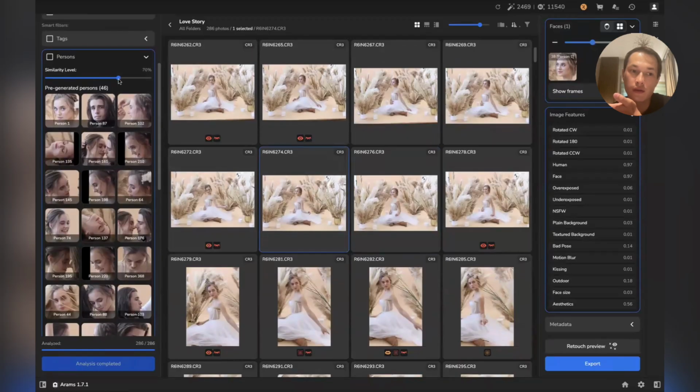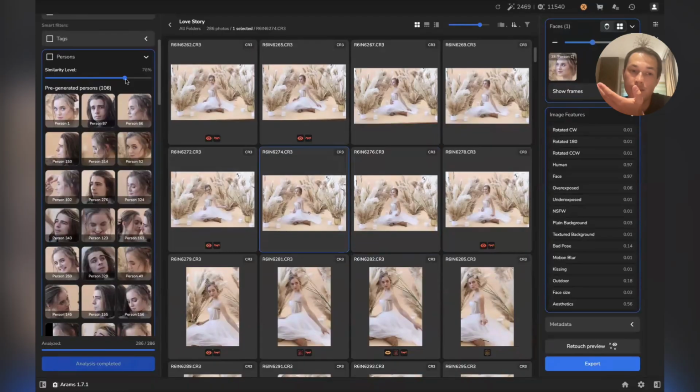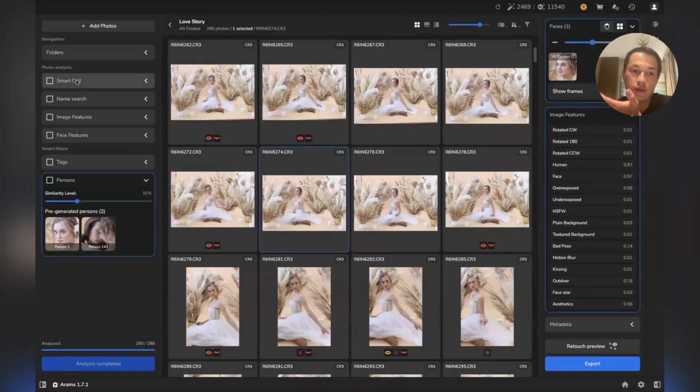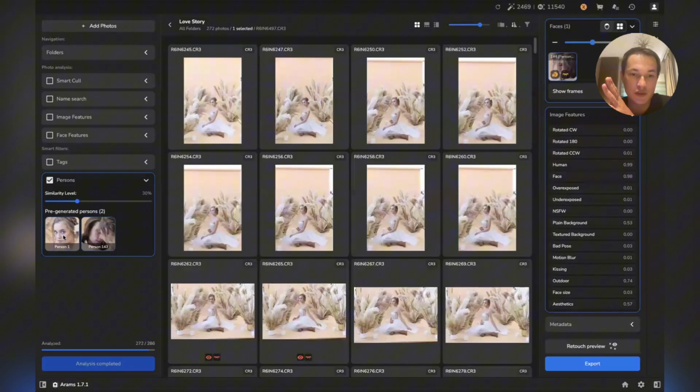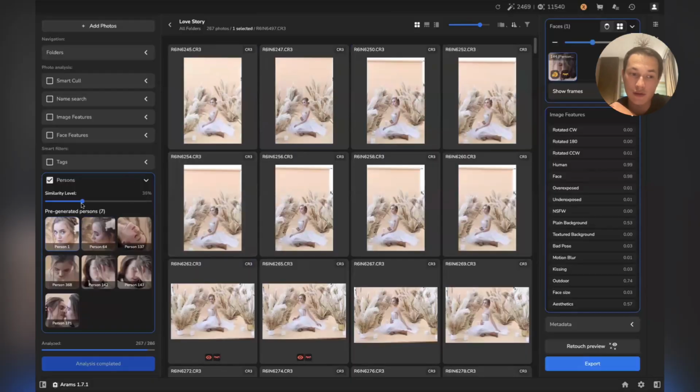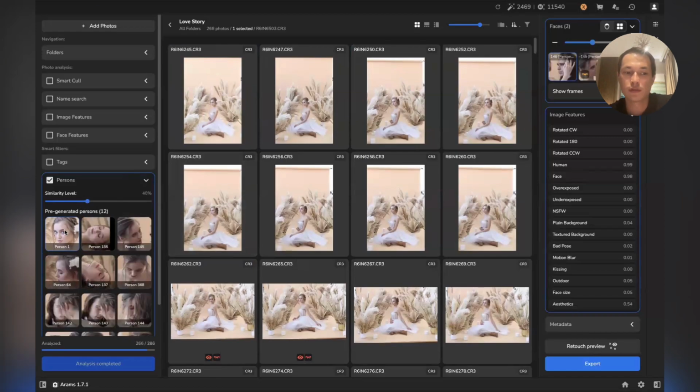You can tweak the similarity level to see which result is going to be better for you. So let's say 30%. Here you can see that right now we have some images with the bride. Probably we need a better similarity level, and once you tweak this, you will be able to